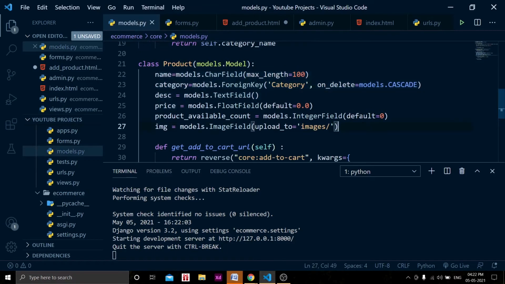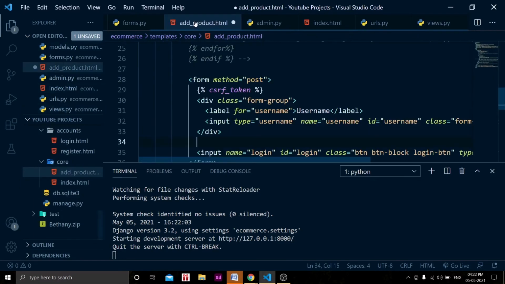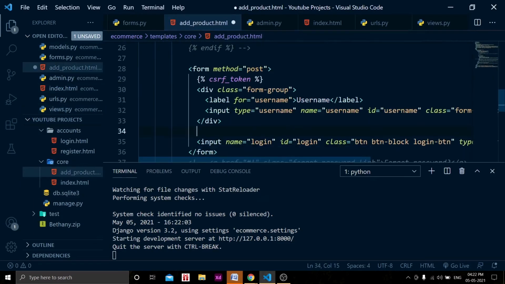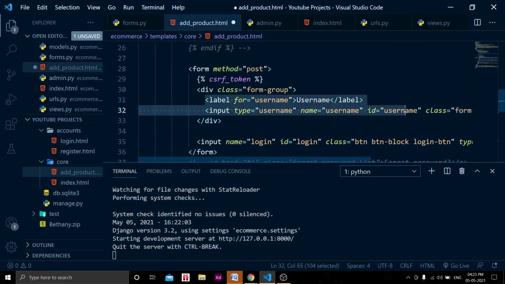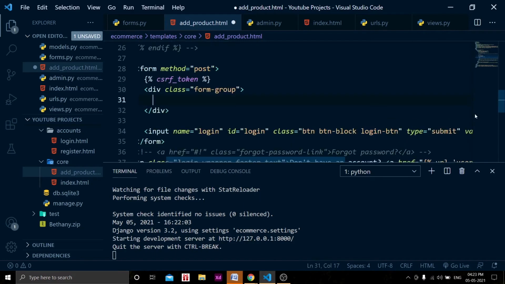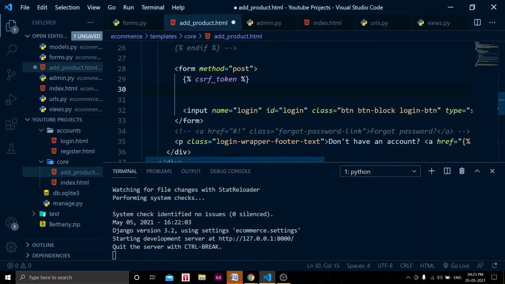So it will loop through all the fields and just render them, right? So in the add product.html page, let's try changing to only form. Inside this we will add form. Let's delete all these things, and we will have form.